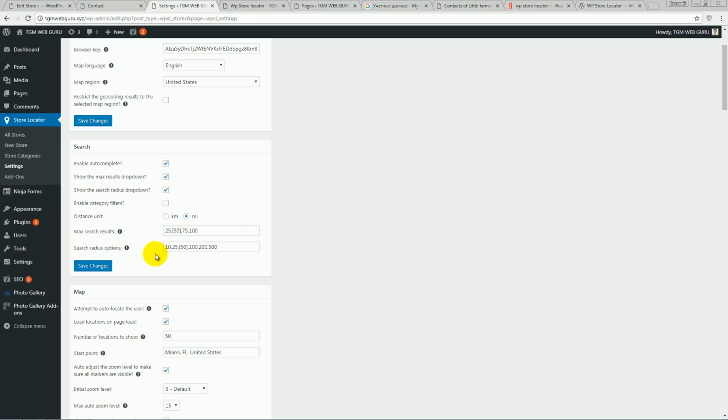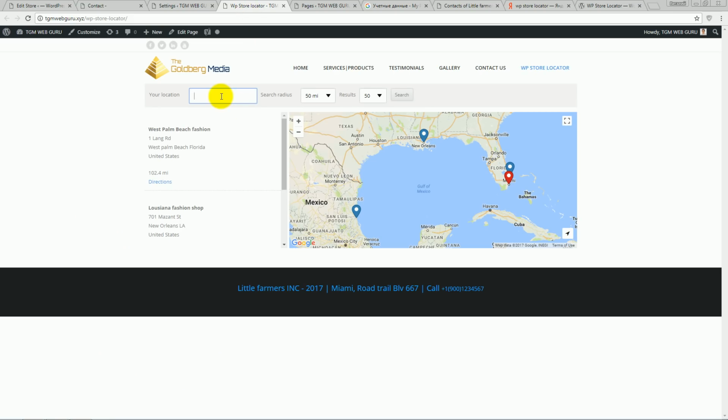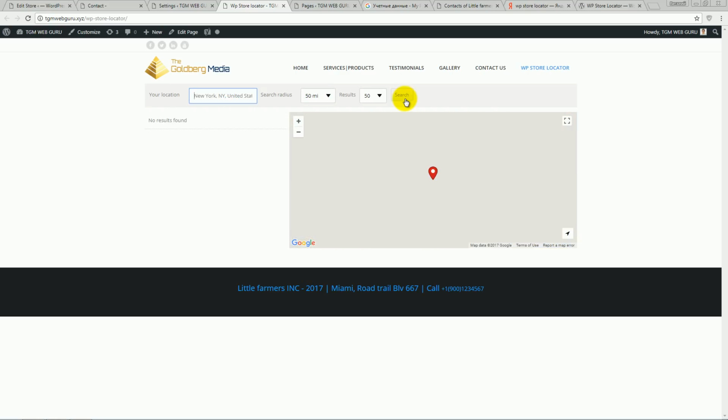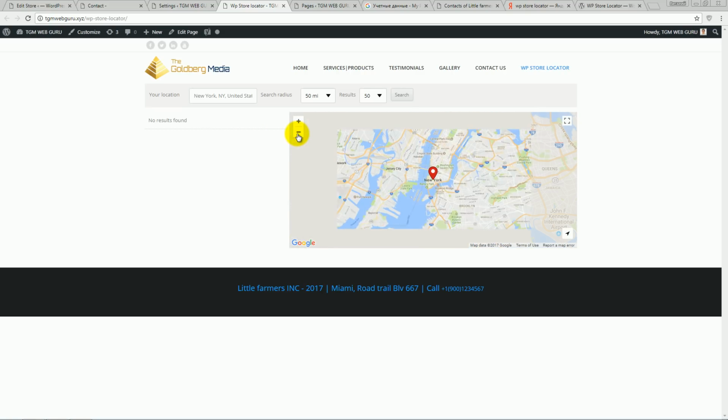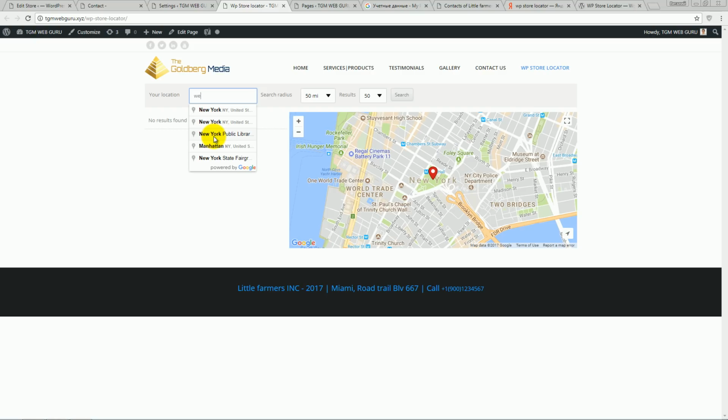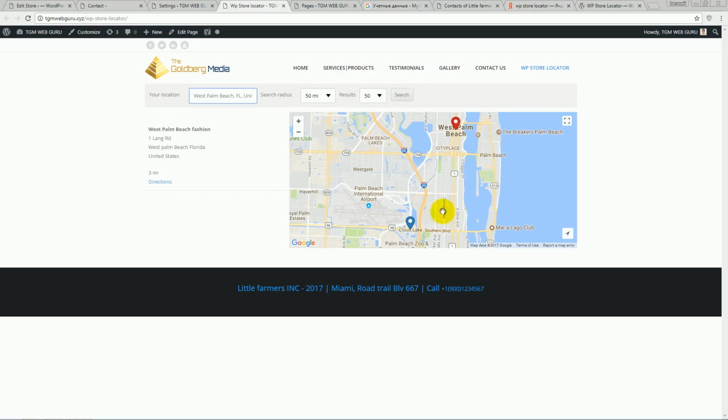Same thing with search radius option. It will search for 50 miles. So if we click New York, which is probably more than 50 miles away from Miami, it will find nothing. Okay? But if we type in West Palm Beach, Florida, we'll find our store in West Palm Beach. Okay, it's right over here,